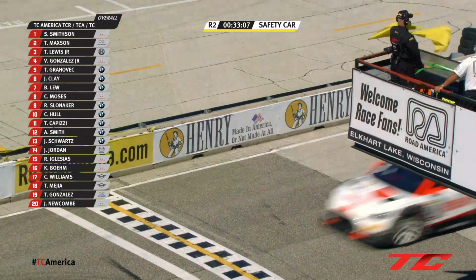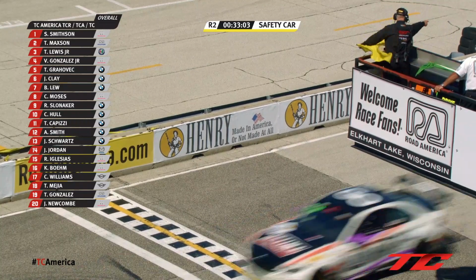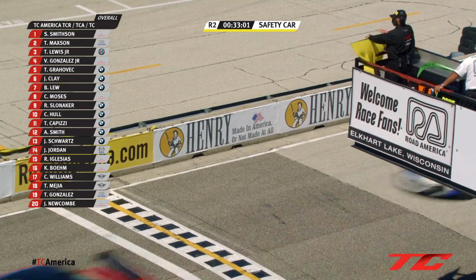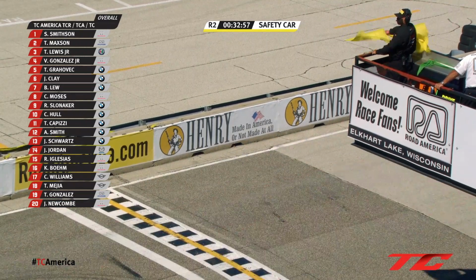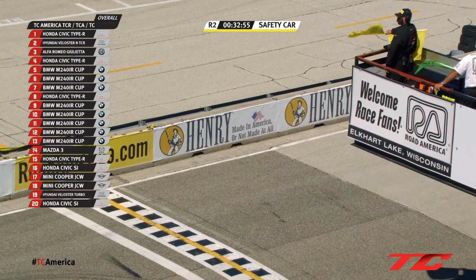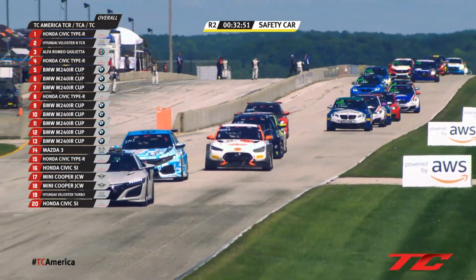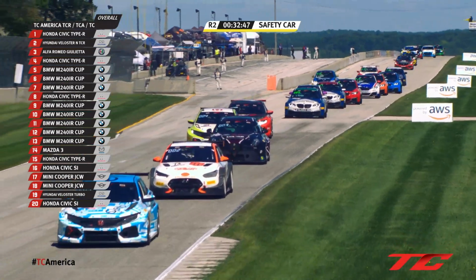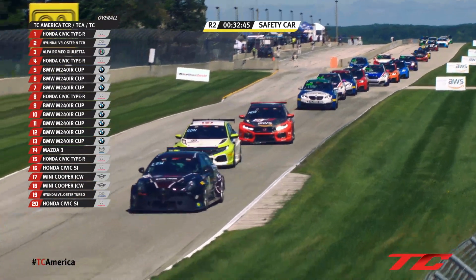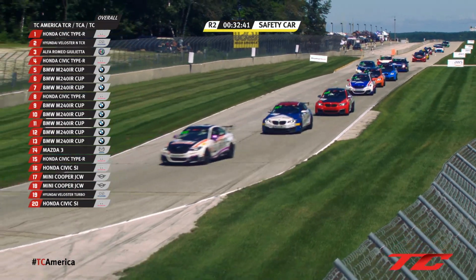And Tyler Gonzalez, it looked like Pombo may have been heading toward pit lane. Tyler Gonzalez, our points leader, coming in. He's in a fight this weekend. He is trying to do some damage control here after a struggle yesterday. I think that was Pombo, the more orange-hued car, which I think is the one that